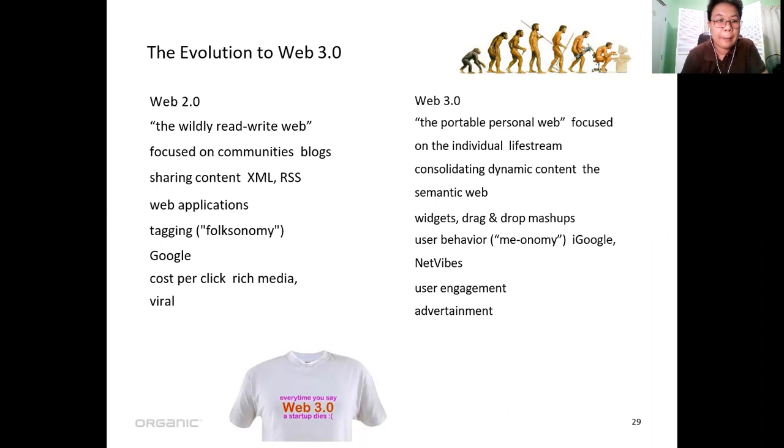Okay, so yung tagging is in Web 2.0, and Web 3.0 is, of course, the personal web. So it's displaying widgets, drag and drops, etc. So yun po yung mga all about actually engagement or evolution into, of course, discussing Web 3.0.